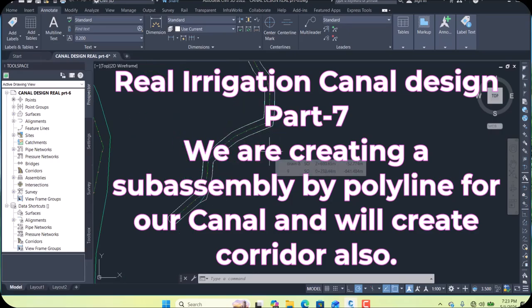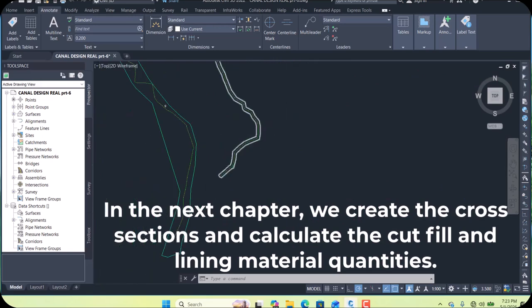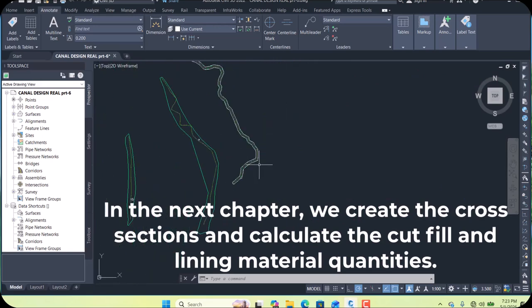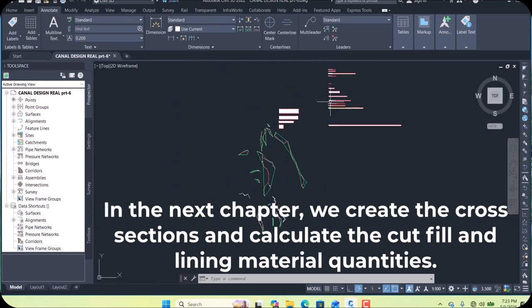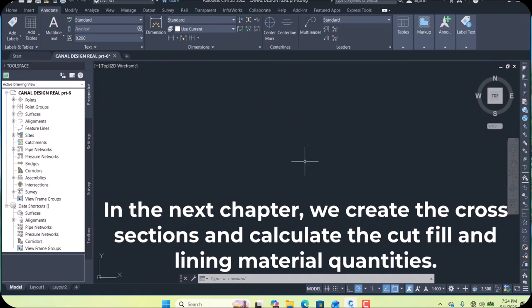Hi guys, in this chapter we will create an assembly by polyline for our alignment. We already created the alignment, boundaries, and profiles are here, you can see. So first we create an assembly by polyline. Give the command PL for polyline, and just here we give